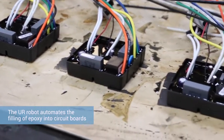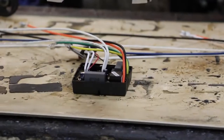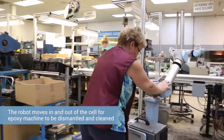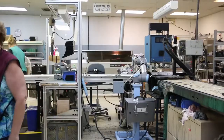And one of the tasks that we've automated is epoxy filling circuit boards for part of our transformer line. So that robot is actually part of our mobile fleet. So at the end of the day, we move it out. And then first thing in the morning when we set the epoxy machine back up, we move the robot back in, drop a couple of pins in the floor, and off to work it goes again with no more intervention